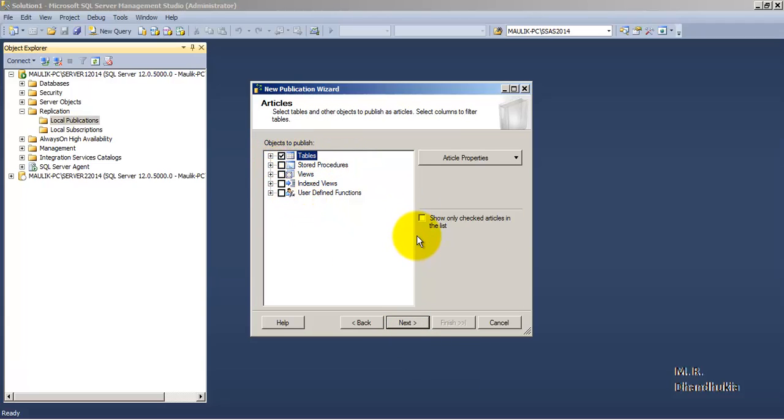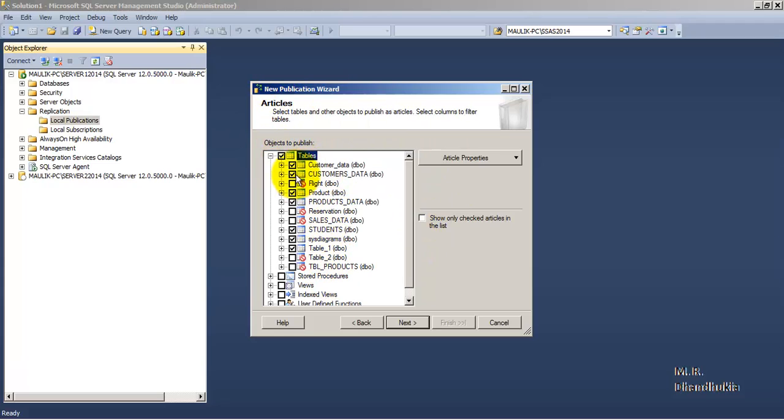We want tables to be replicated as articles. Now it is very important to note that only those tables are auto selected by this wizard which have a primary key. So the tables that do not have a primary key cannot become part of transactional replication.